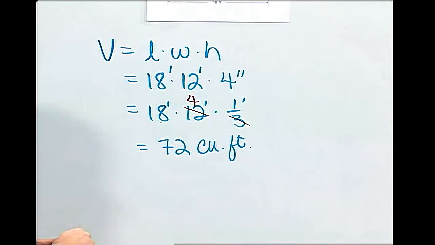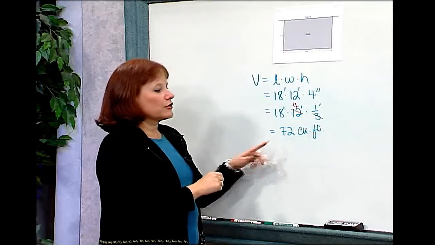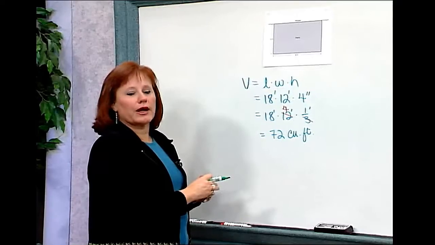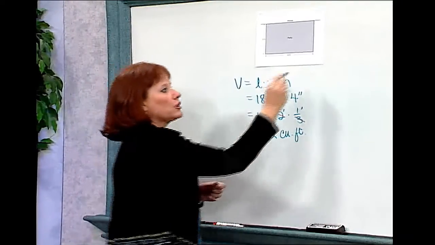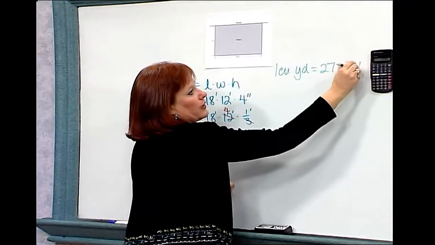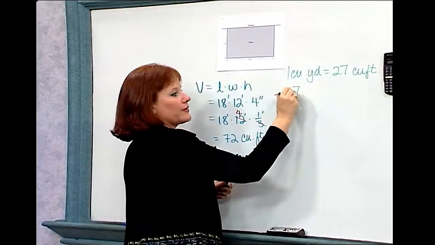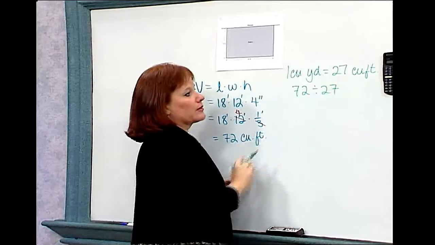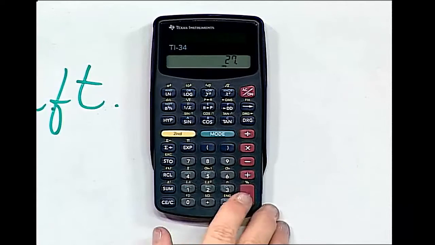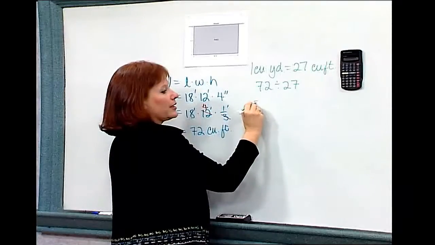Now I've got my answer as 72 cubic feet, but I remember that concrete is sold by the cubic yard, so I need to convert this to cubic yards. I'm going to recall that a cubic yard is 3 feet by 3 feet by 3 feet, and 1 cubic yard is equal to 27 cubic feet. Since I have 72 cubic feet, to convert it to yards, I'm going to take 72 divided by 27. When I do this on my calculator, I'll get 2.67 cubic yards. 72 cubic feet is equal to